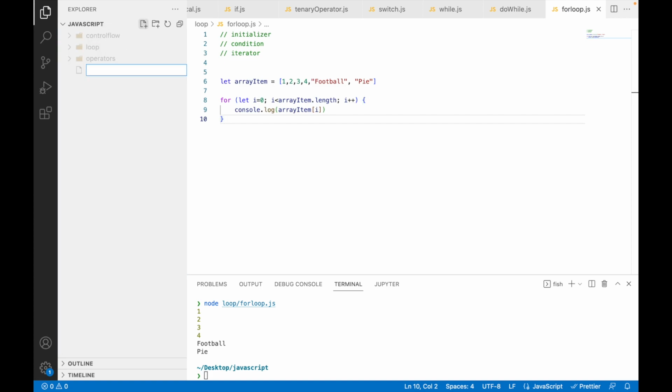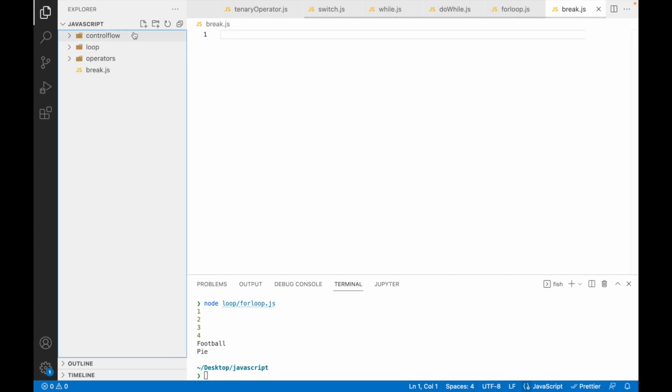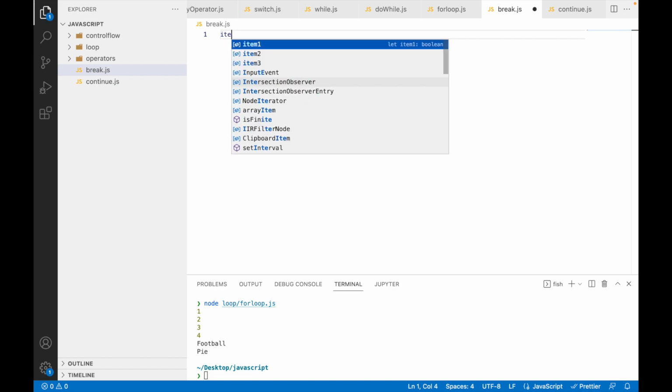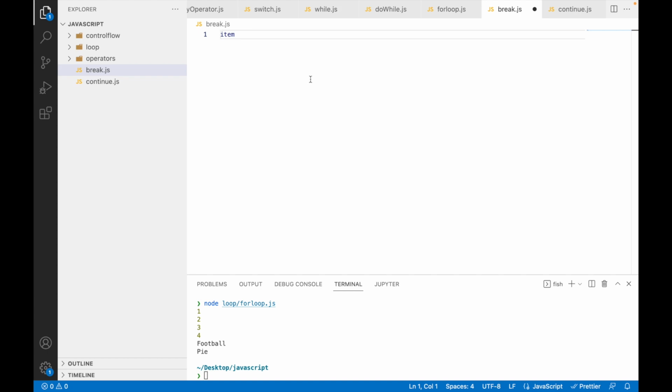So we're going to have break.js, and we're also going to have continue.js. Just to show you an example, you use both of them within a loop, right? So let's assume we have a simple for loop. First, we have an item, and let's say the item has an array, for example. Let's call it an item array, and it has 1, 2, 3, 4, 5, 6, 7,